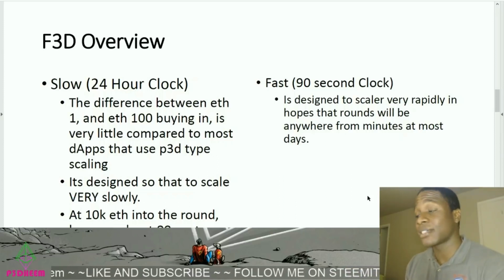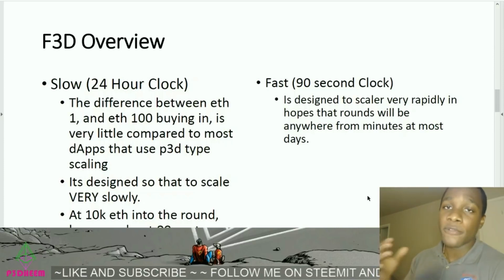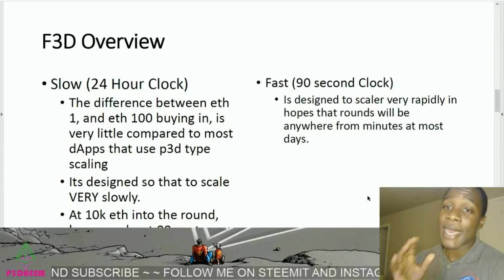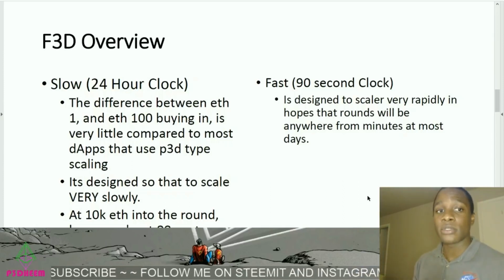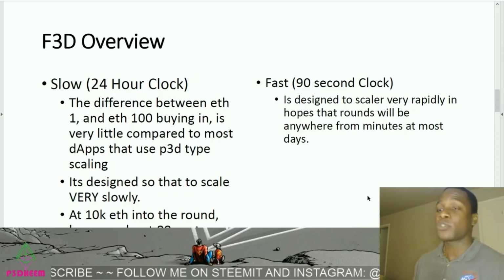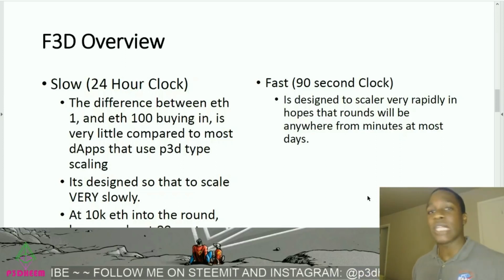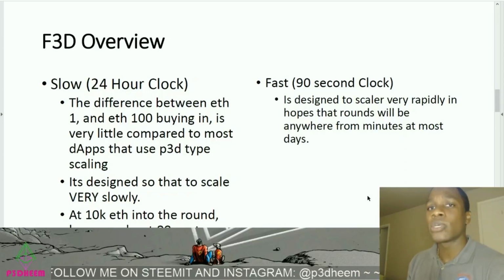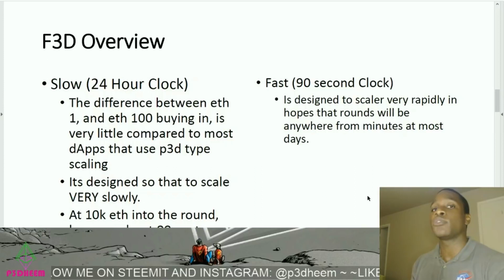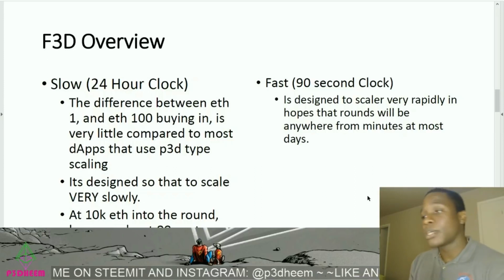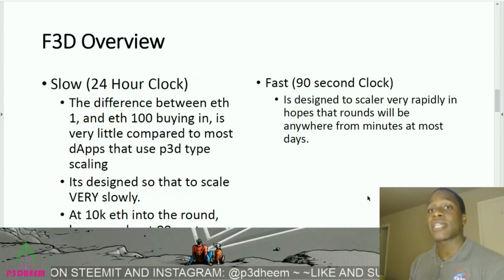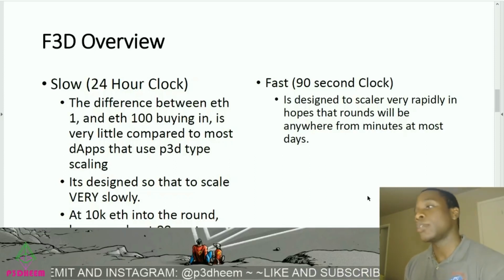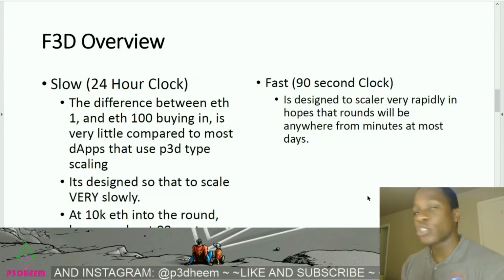And that's a good paradigm, because if we have the slow going for very long periods of time, we're number one bringing a lot of exposure to F3D as that clock starts going down to that 12-hour mark, or as the ETH gets up to that 1,000, 10,000, 100,000 ETH mark, who knows? We're going to see a lot of people start to talk about it. And I do believe we will get news coverage from major outlets when we get to numbers as high as 100,000, because you have to think that's millions of dollars that are on the line for still $1 to $2 buy-ins, right?